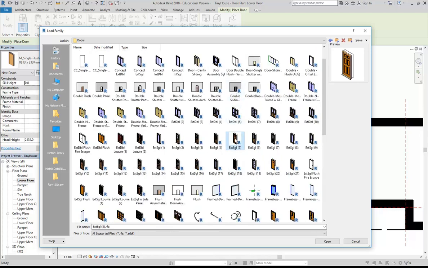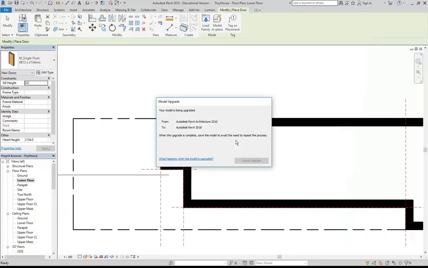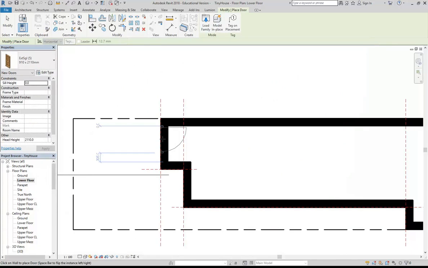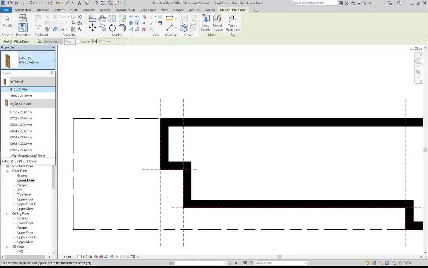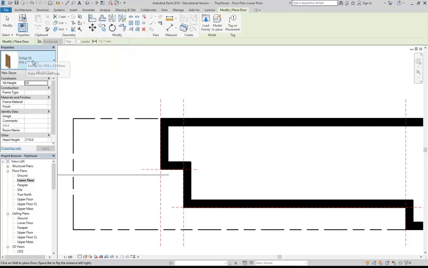Okay, so I'm going to double click on that. Exterior single 5. Okay, so that's loaded the door type, but now I need to set the size I want. So I'll start by looking in the type selector, and you can see there the two different sizes that come with this door, again, aren't the size I want. So I'll click on that list at the top again, just to make it go away, and then I can click on Edit Type,